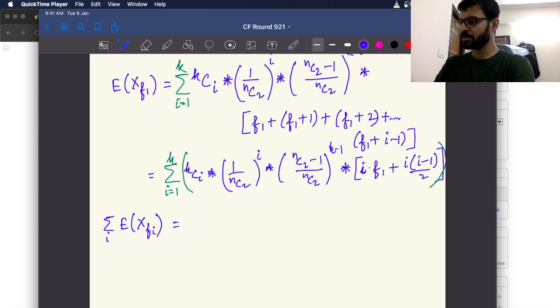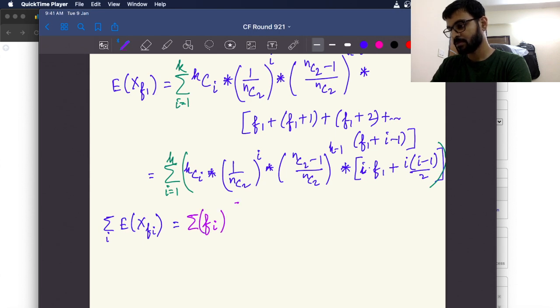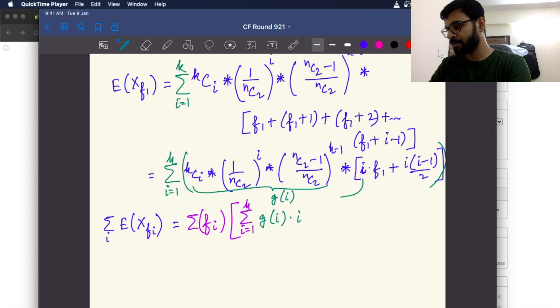So what will the answer come to be? If I pick out this particular factor, I can say it will be the summation of fi's, which can be a totally separate thing, into the summation for i equals 1 to k of this particular thing. Let me name it g of i. So g of i multiplied by i, which I am bringing over here,